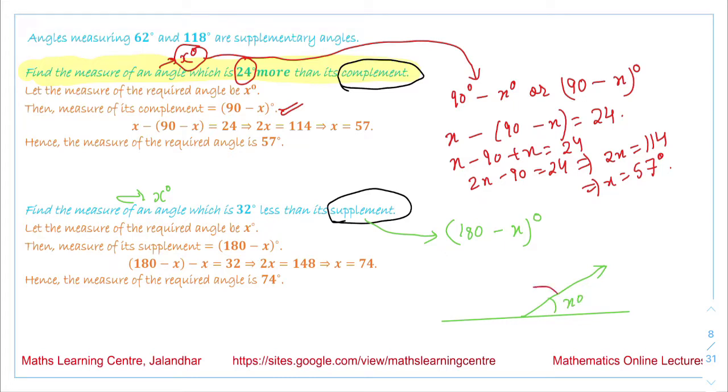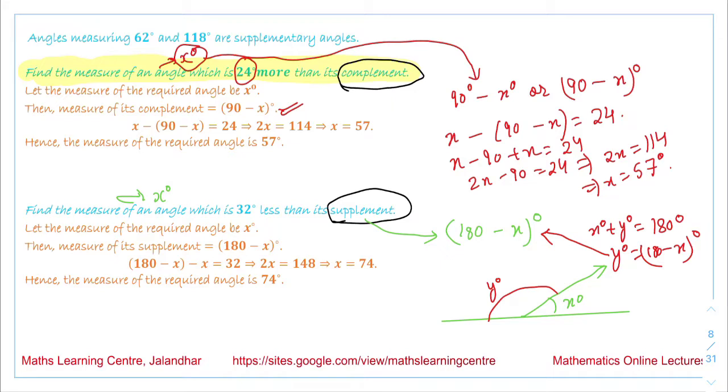Supplementary angle means the sum of the two angles should be 180. So we are trying to find this angle y degrees, and x degrees plus y degrees is equal to 180 degrees. So we get y degrees is equal to 180 minus x degrees. If the measure of the angle is x degrees, then its supplementary angle will be